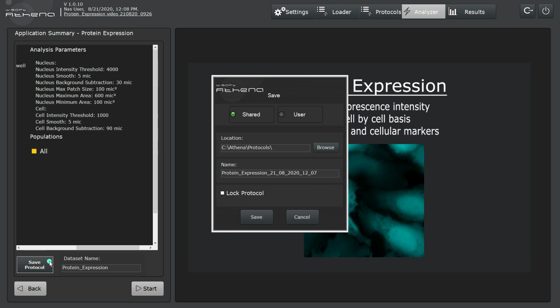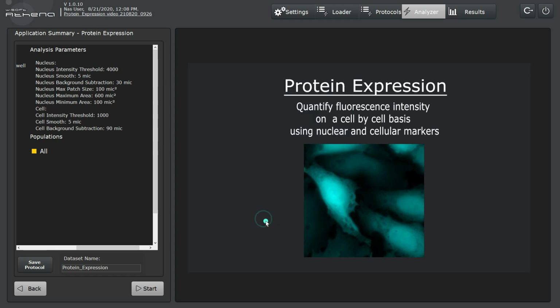Again, this protocol file contains both the imaging parameters for acquisition and the analysis parameters, which are shown in the summary screen to the left. We can save it to the shared folder, which is common to all users, or we can browse to a new location or share it within our user folder. We can select and rename the protocol file, and optionally choose to lock it to prevent future overwriting of the file. We click on Save,